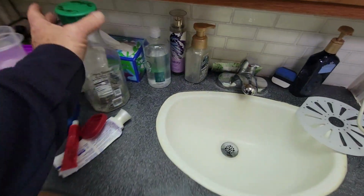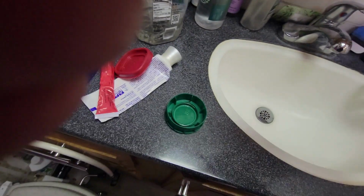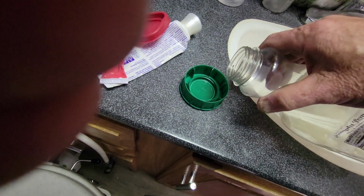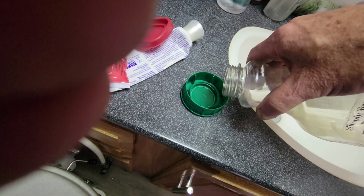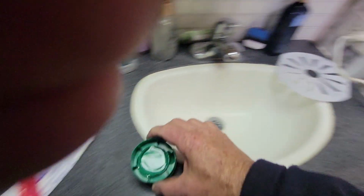Didn't put my soap in. Where's my soap? Alright. You don't need a bunch. I mean, literally just like that cap. I'm just filling that up. And then